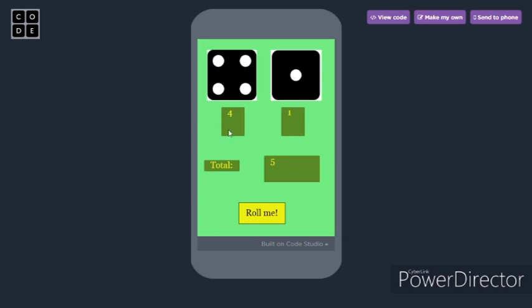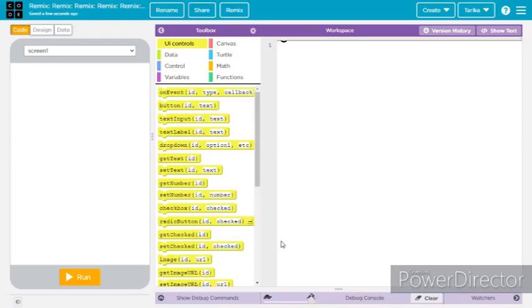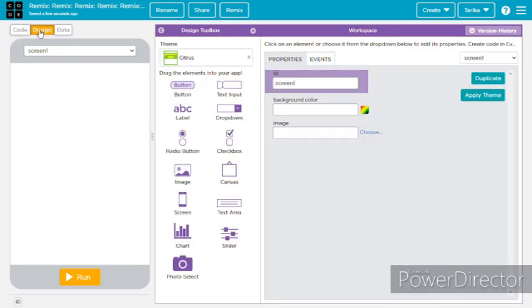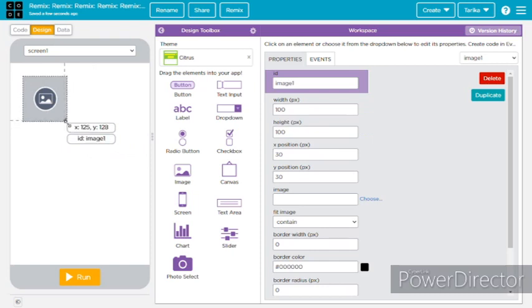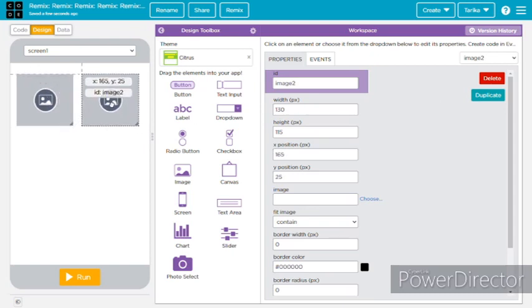So let me tell you how to create this app. So first in code.org you should go to app lab. So as you all know, the first step is design the app. So let's design the app. So first I'm going to take an image and place it here, and I'm going to enlarge this image and place it here, and I'm going to duplicate this image and place it here,